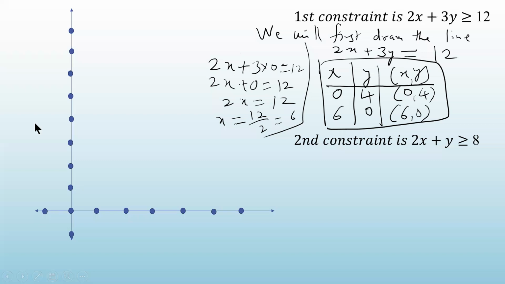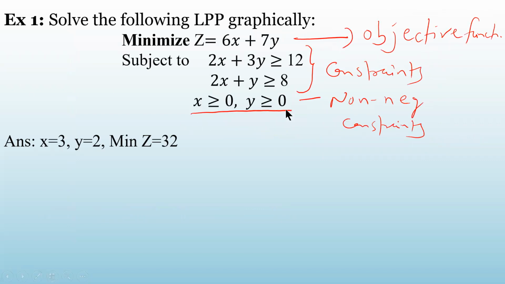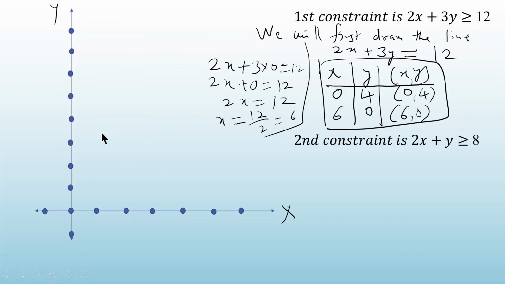Now let us plot these 2 points on the graph paper. Here I have prepared a graph paper. As you know, I'm going to stick to only the first quadrant because of the constraints x greater than or equal to 0 and y greater than or equal to 0. That is why I have not given much space to the second, third and fourth quadrants. You know that this is the x-axis, this is the y-axis, this is the origin, and these are the points 1, 2, 3, 4, 5. If you have a proper graph paper, you can do it on that graph paper.